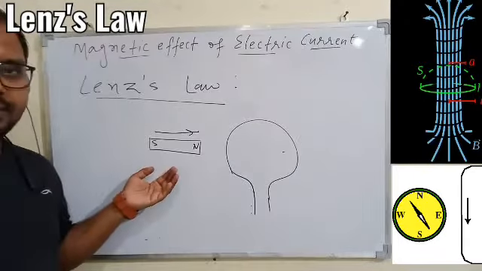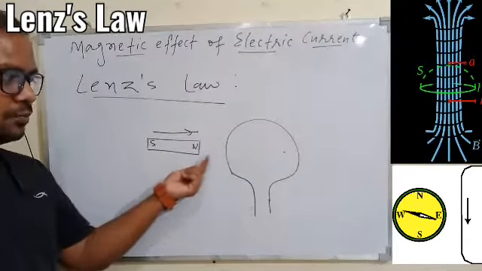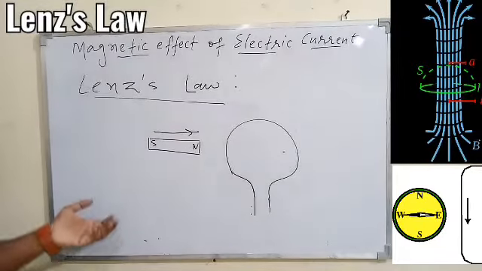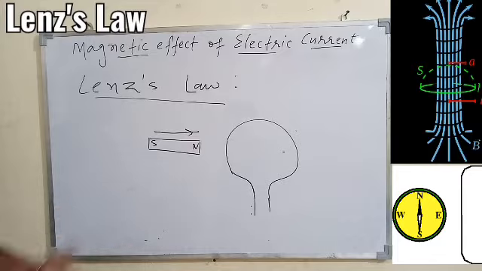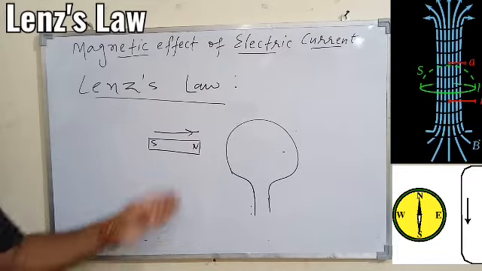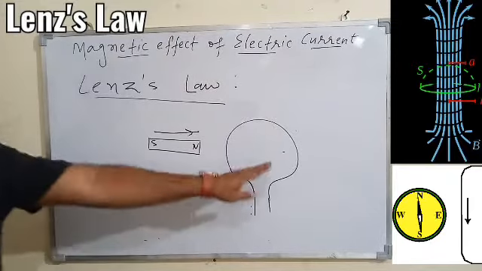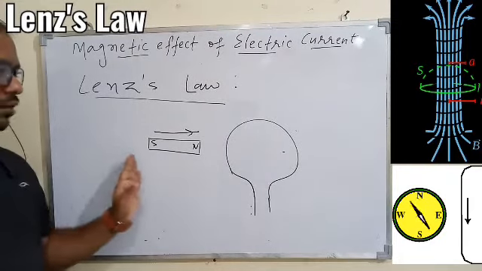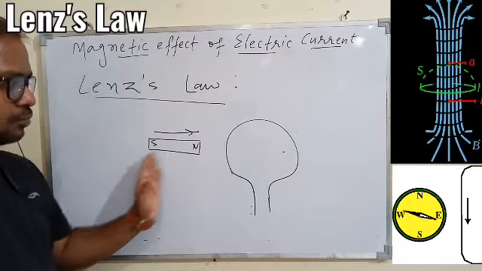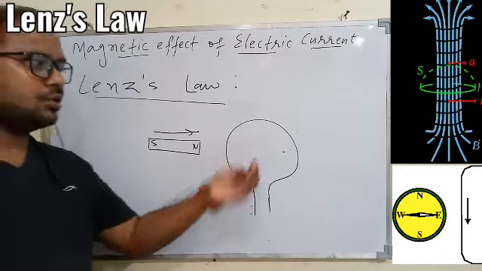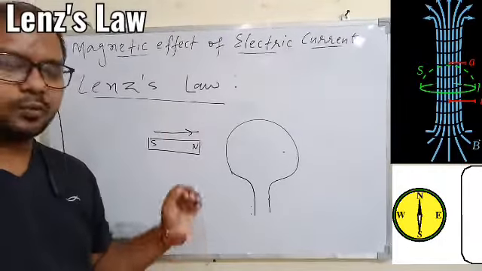So we have different options. We can have the north pole this side, south pole this side. We can move the magnet towards the coil or away from the coil. We'll take all the cases one by one, so that the law will be clear and you will be able to understand in which direction the current will be induced in the particular coil. So if we have a bar magnet with the north pole moving towards the coil, then in which direction will the current be induced in the coil, clockwise or anti-clockwise?